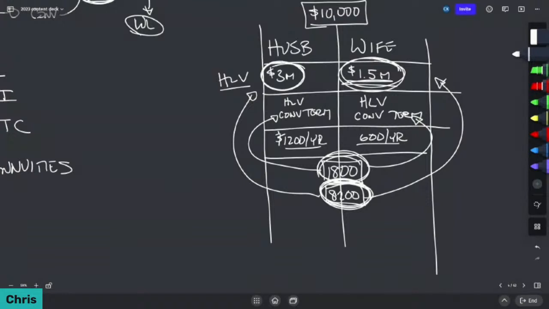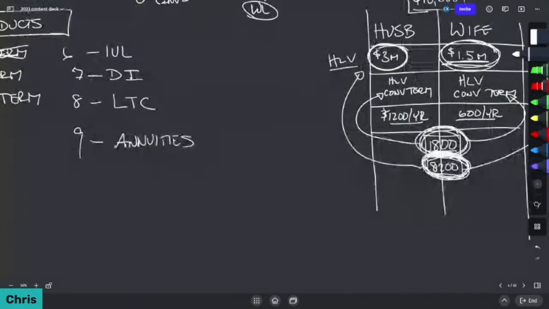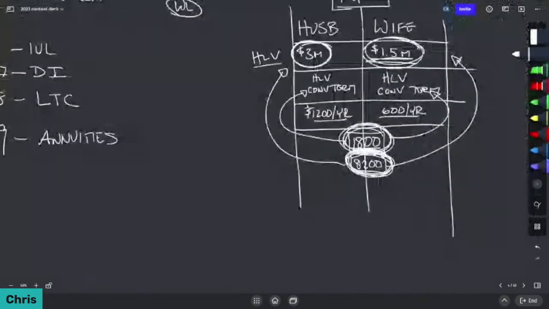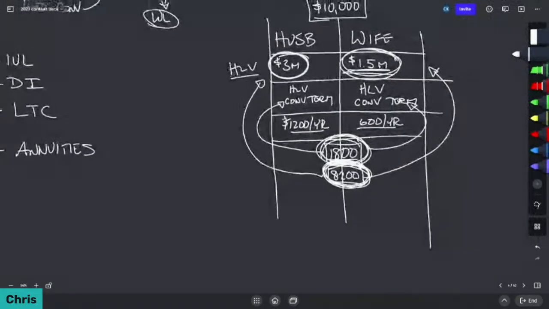But that's all there. This allows you, and this $1,800 is certainly a drag. And by the way, it wouldn't be this clean, because at the end of the day, whatever you do for whole life, you're going to have a term rider that goes on it. But we would start with the cost of the convertible term, and we'd work it out back from there. You would build a policy based on $8,200. You figure out what that is, and then you work back and forth a little bit to find that happy medium. But that's what I would do if I were you. I would look at that through that lens.